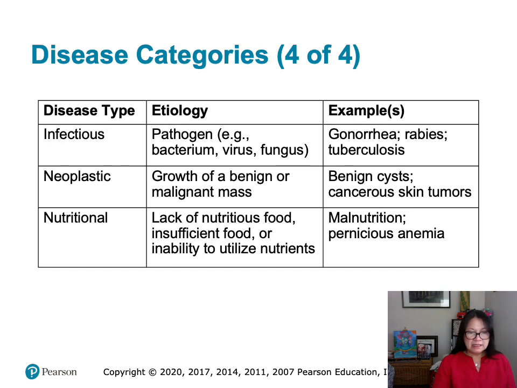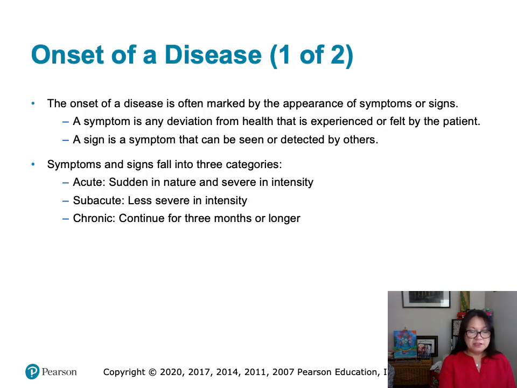No matter what type of disease they have, people often notice the disease's beginning or onset because of the appearance of symptoms or signs. A symptom is any deviation from health that is experienced or felt by the patient. When a symptom can be seen or detected by others, it is known as a sign. An elevated temperature, coughing, tremors, paleness, vomiting, or a lump that can be seen or felt would all be signs